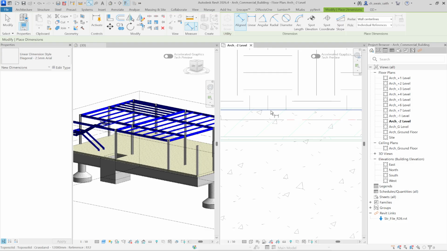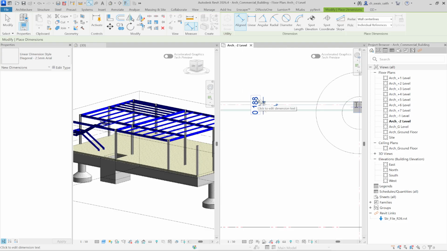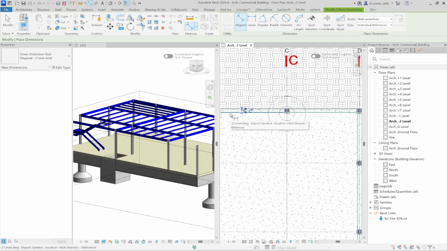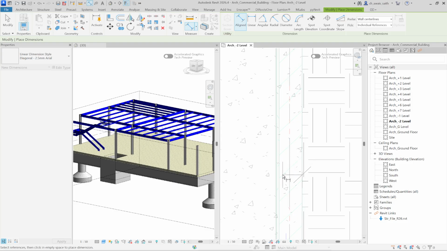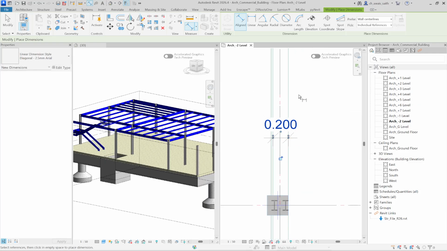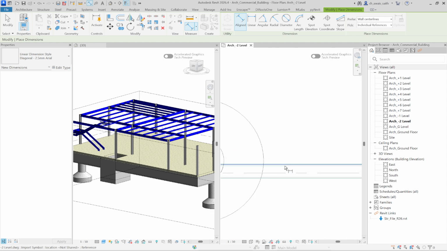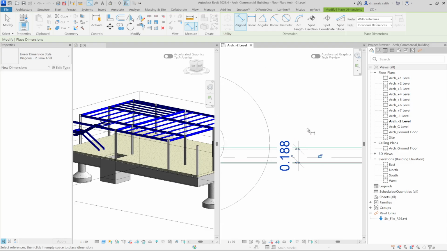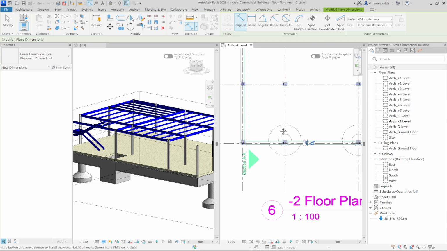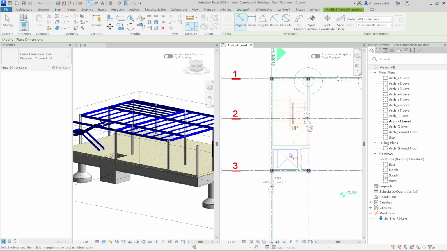while this wall is 188 mm or 18.8 centimeter, and this wall is 200 mm. Okay, now see this wall till here. Also we have 18.8 centimeter or 188 mm. Okay, now for this,